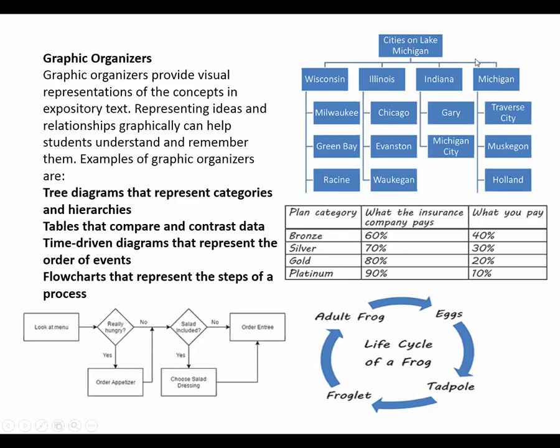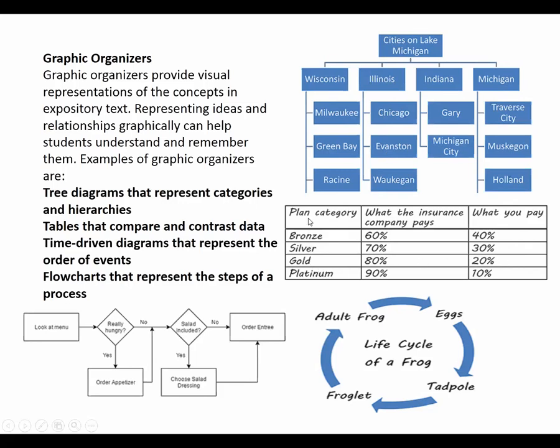ये ट्री डायग्राम है. ठीक है, कि टॉपिक, आपने टॉपिक लिखा और उससे रिलेटेड जो भी चीजें उसके अंदर आ रही हैं, तो this is known as the tree diagram that represent categories and hierarchies. Okay, hierarchy means what are the things that are included under this particular heading. Then another is table that compares and contrasts data. If there is some comparison in the text, then you can ask the students to make this particular chart, compare